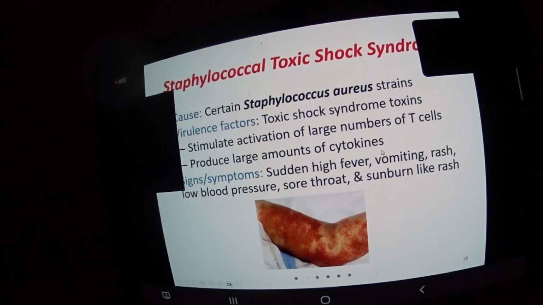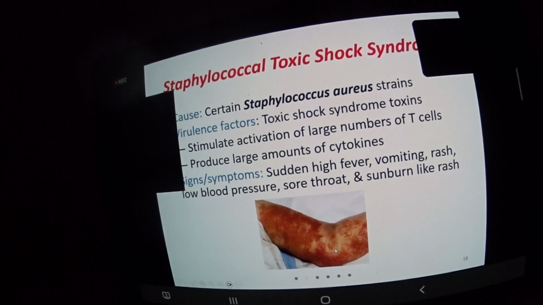That large amount of cytokines starts the inflammatory response, a non-specific response, which in turn causes severe inflammation throughout the blood where it's not supposed to be. So the Staphylococcus aureus grows in the vaginal tract and produces the toxin, and the toxin is picked up by blood and your fluids. So it causes a severe inflammation, very high fever, because your lymphocytes are producing a lot of all these cytokines that cause fever,